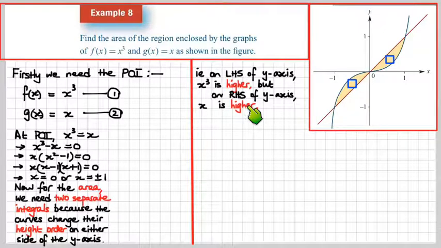So therefore, this is what's going to happen, guys. If you just went x cubed minus x, on the left-hand side of the y-axis, x cubed minus x would be positive, wouldn't it? X cubed would be higher, minus x, which is lower, so you get a positive. Upper minus lower gets you a positive height. But over here, x cubed minus x is negative, so the integrals come out to be negative,